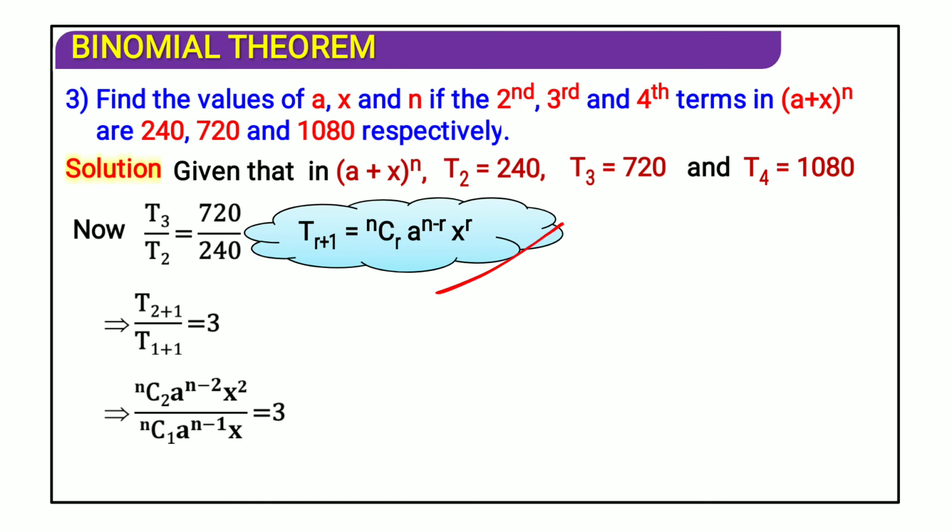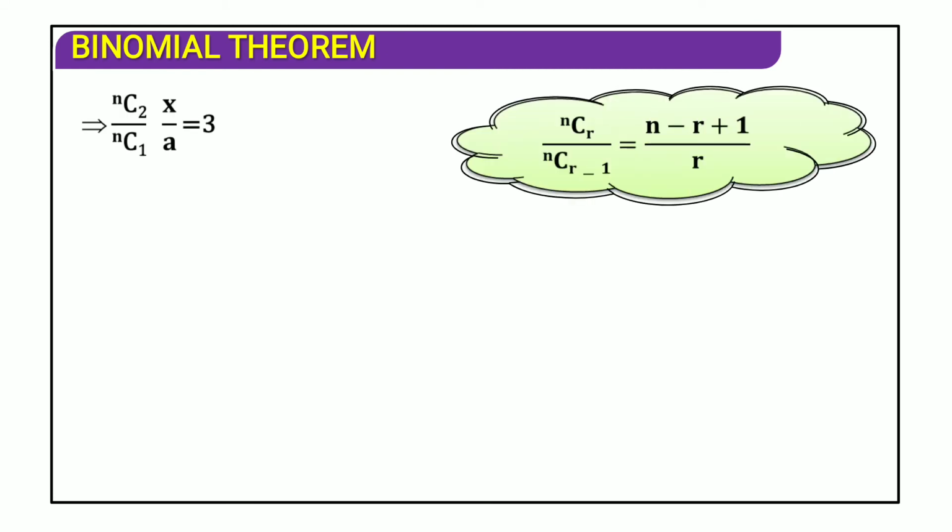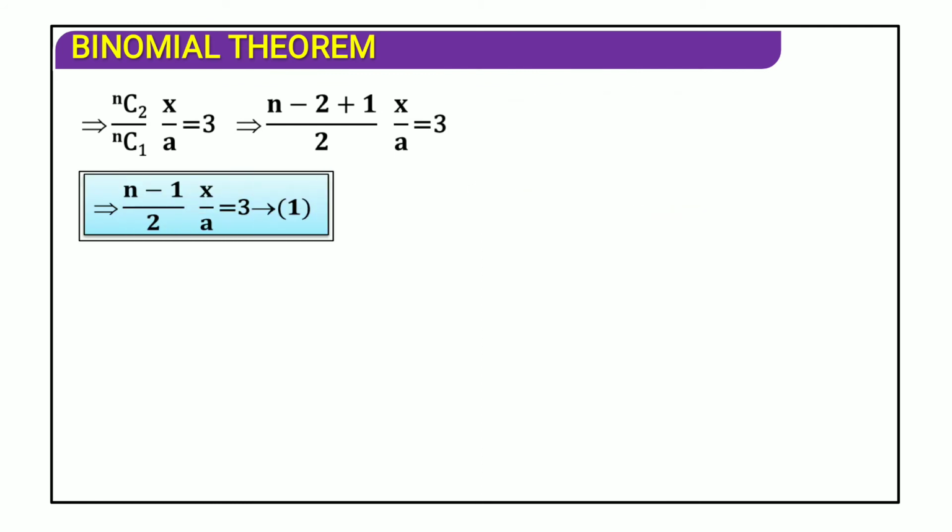What we are having is, we are using this formula. We are getting one equation, nCr equal to nC(n minus r). On solving this, you'll get nCr upon nC(n minus r), and so it is (n minus 2 plus 1) upon 2. r is 2 in the above case. This is our required resultant. Let it be equation number 1.